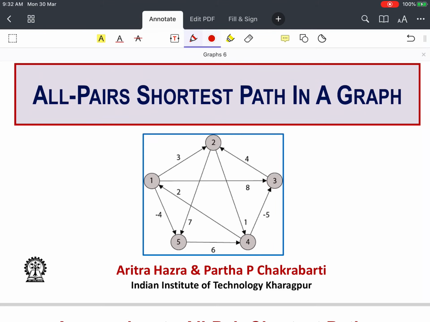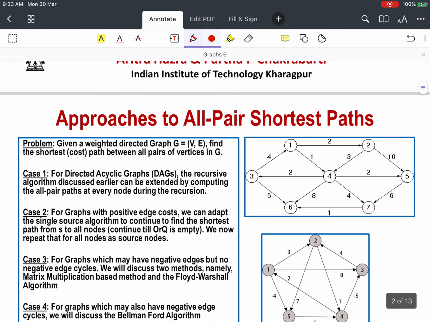Hello everybody, welcome to our next lecture on graph algorithms. Till now, in the previous lecture, we have done algorithms for finding shortest path in a graph. And the algorithms typically were for a given source and a given goal node, we are to find the shortest path in the graph from source to goal. Today's topic is to find the shortest path amongst all pairs of nodes in the graph.